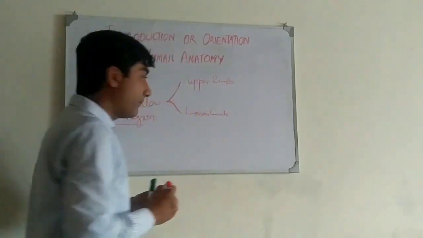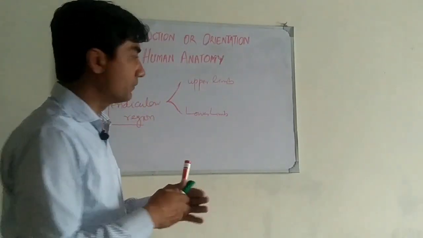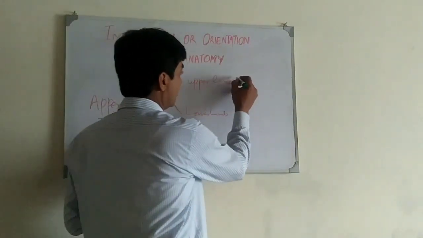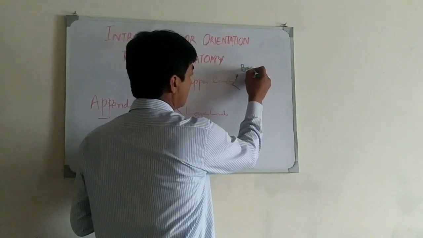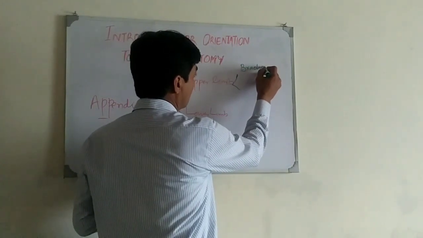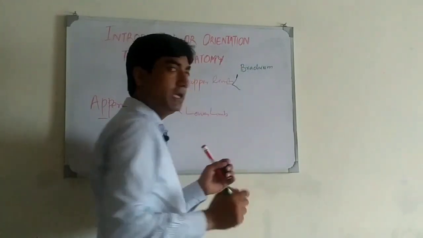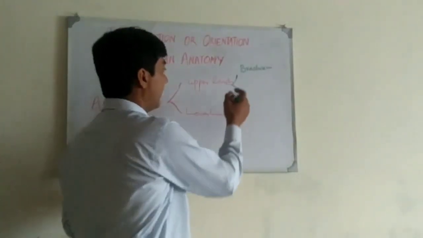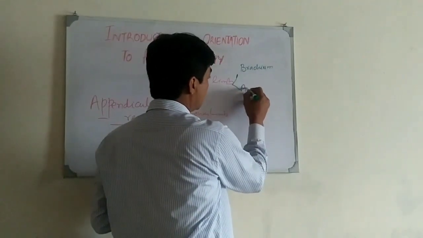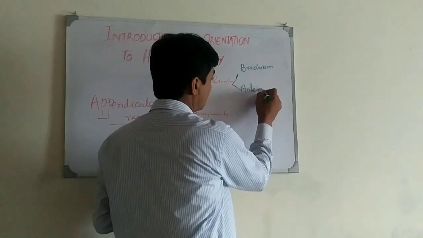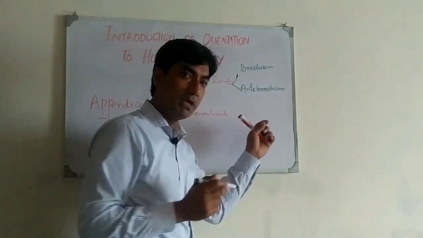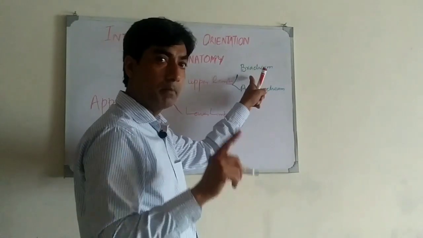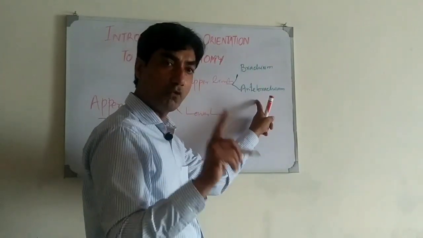The upper limb is further divided into different parts: brachium, which means arm, and antebrachium, which means forearm. Brachium, arm; antebrachium, forearm; and then